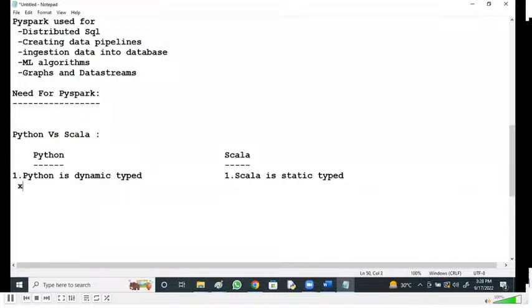you are assigning. For example, x equal to 10, y equal to 4.5, right? No need to say int x or float y, right? So what kind of variable is x? In the case of Scala, we say val x. Val x equal to 10. Val y equal to... we have got val and var in Scala. We have to define a variable. We say val y equal to 4.5, right?